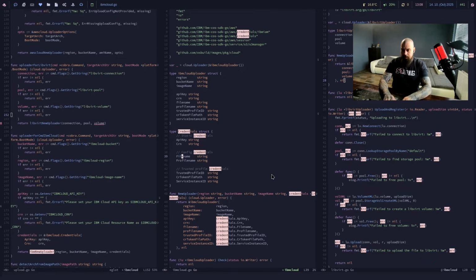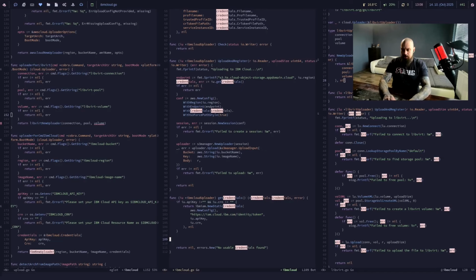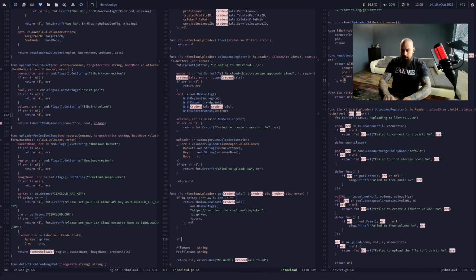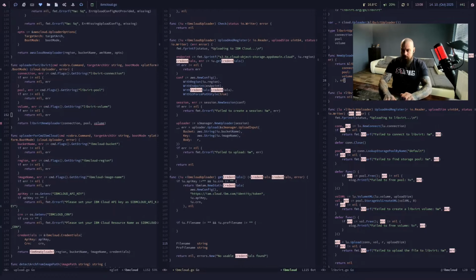So we can compare these. So if IU file name is not an empty string and IU profile name is not an empty string, then we can probably use the